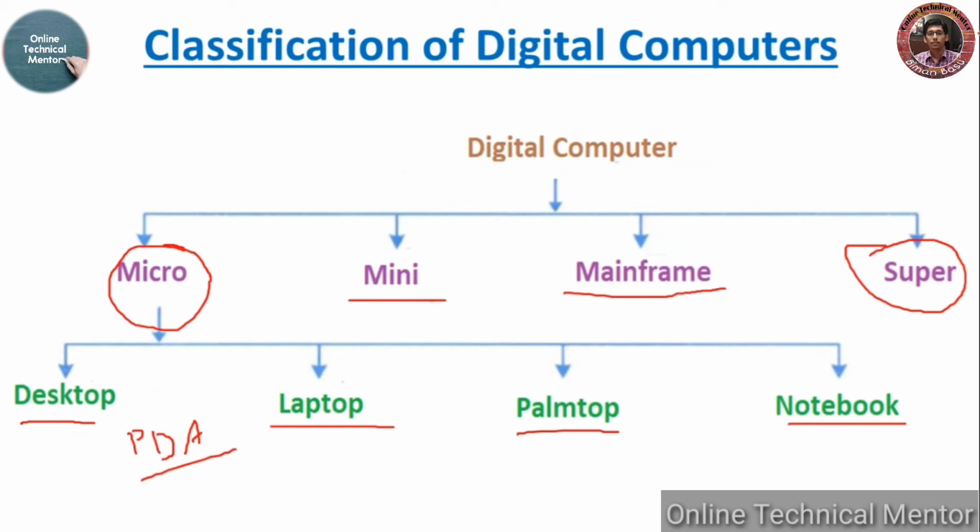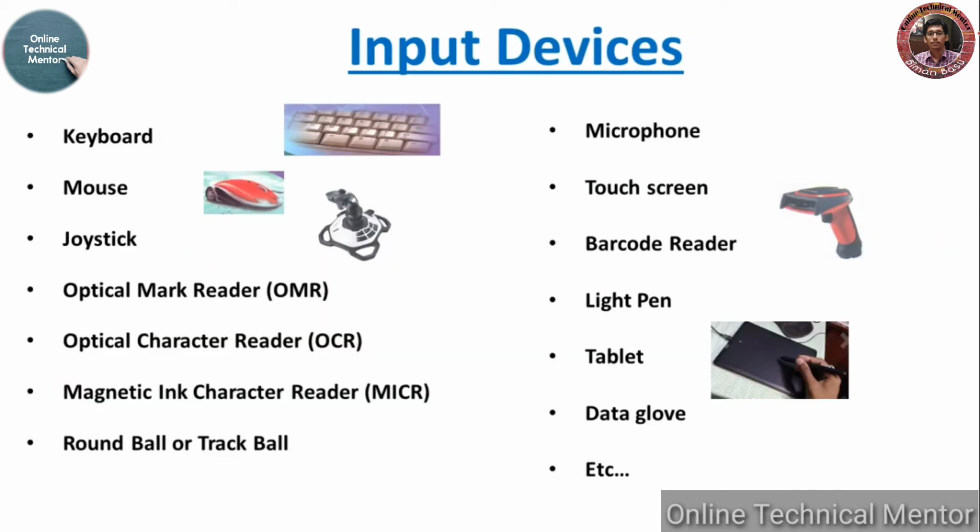Now let me show you the input and output devices. So these are some input devices that can be connected with the computer. We all deal with keyboard and mouse. Along with keyboard and mouse, there are other input devices like joystick, OMR, which is called optical mark reader. Special marks such as square or bubble are prepared on examination answer sheets or questionnaires. The users fill in the squares or bubbles with soft pencil or ink to indicate their choice. These marks are detected by the optical mark reader and the corresponding signals are sent to the processor.